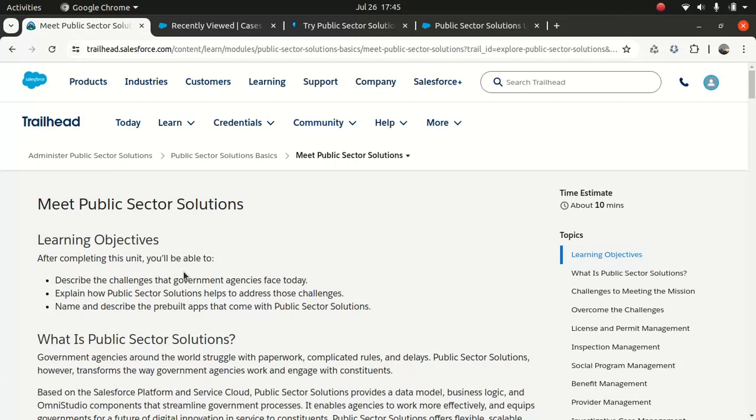So what I'll do today, I'll be starting a new series on public sector solution. Now this is an offering from Salesforce. Now obviously PSS is not really new. It's been there for the past couple of years, but Salesforce is aggressively pushing for this product because this product is quite flexible when it comes to a lot of things